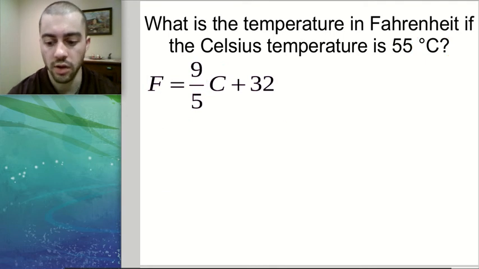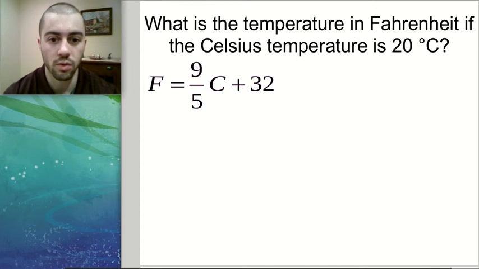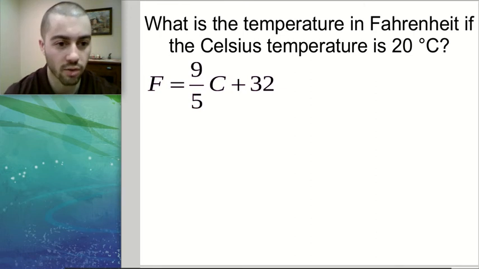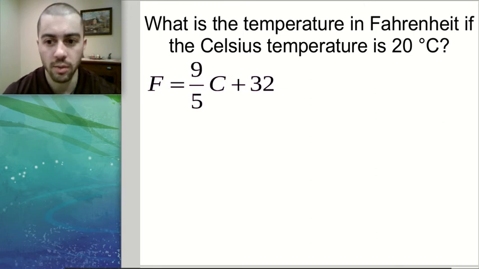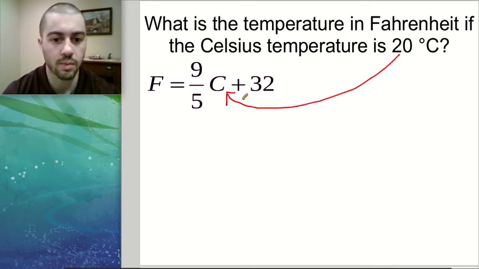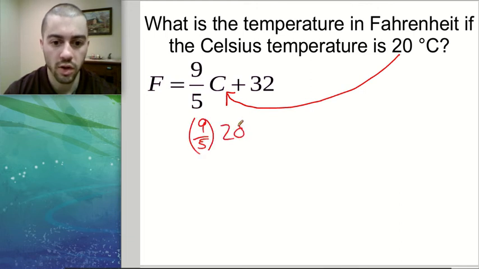Okay, so here's another example of Celsius to Fahrenheit conversion. If you want, pause the video and try this one out on your own, and see if you can come back and get the right answer. Here we have a temperature of 20 degrees Celsius. Again, we take our Celsius temperature and plug it into the Celsius spot in the formula. So we have 9/5 times 20 degrees Celsius